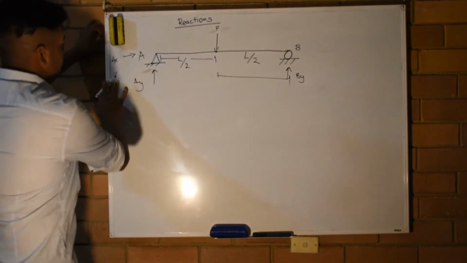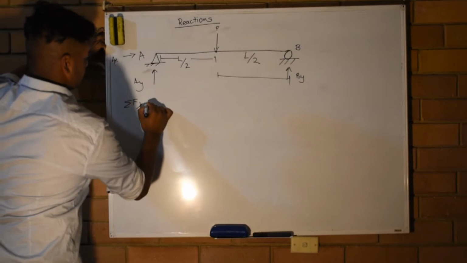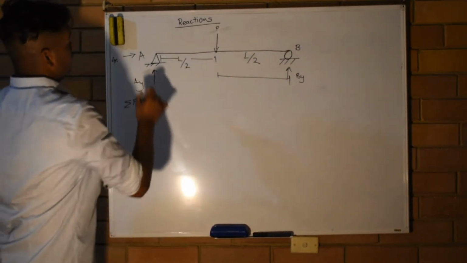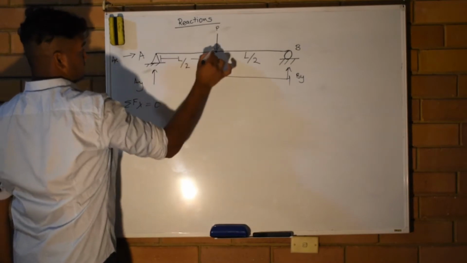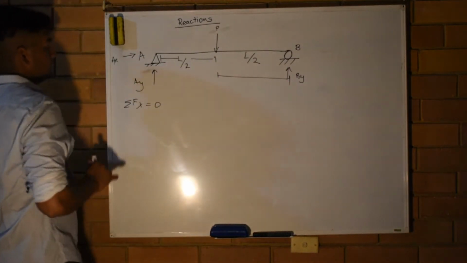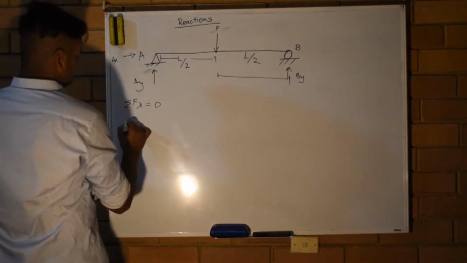So AX, straight away we know, the sum of the forces in the X direction is 0 because there's literally no force acting on the beam. It would be interesting if there was an actual force going this way, but not in this case, so we'll just take that as 0. Now, in the Y direction,